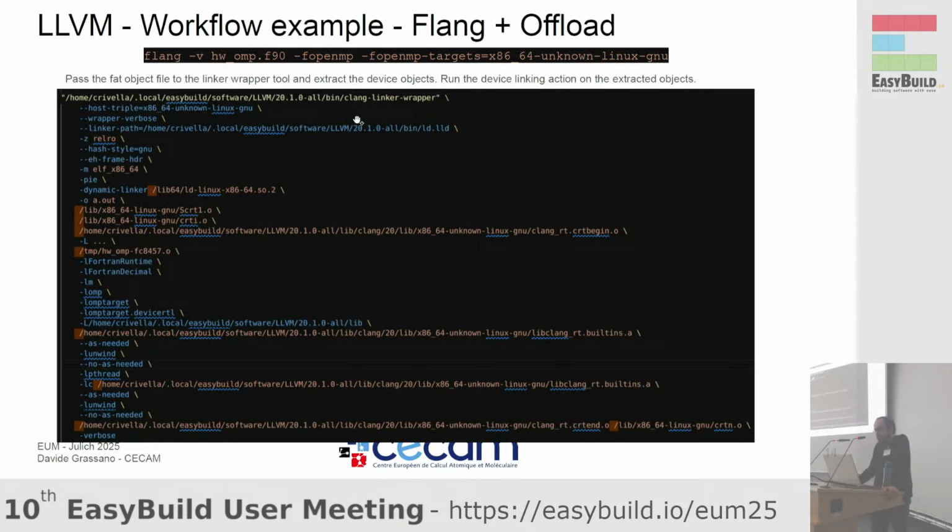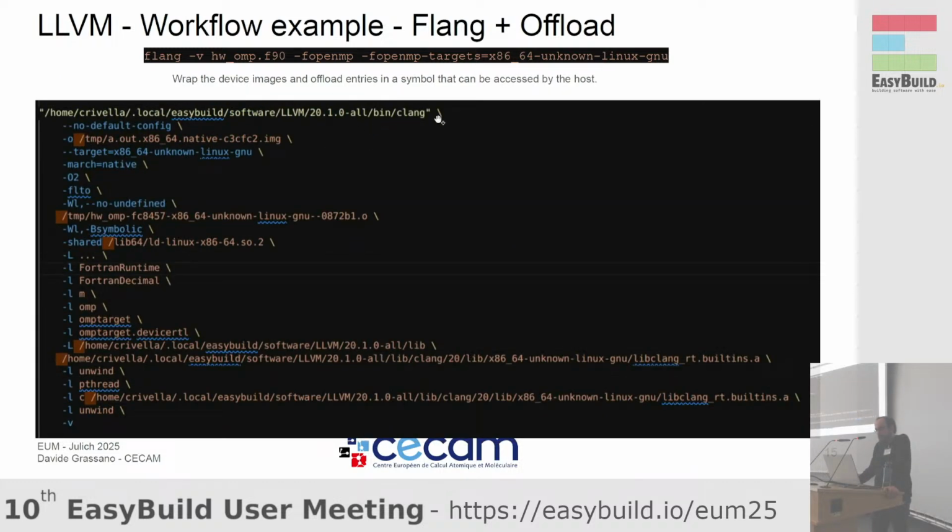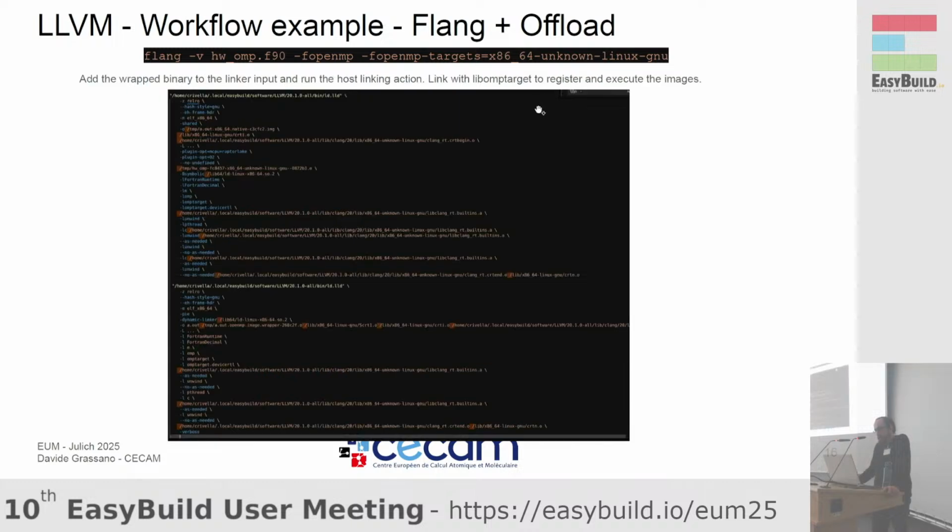And it is to go through the Clang linker wrapper, which is basically responsible for extracting the device code, and then it will invoke Clang to wrap all the offload entries and symbols in a way that can be accessed by the host. And then it will actually perform two steps of linking, one for the host and one for the device, to then give us the final fat binary that can be run on